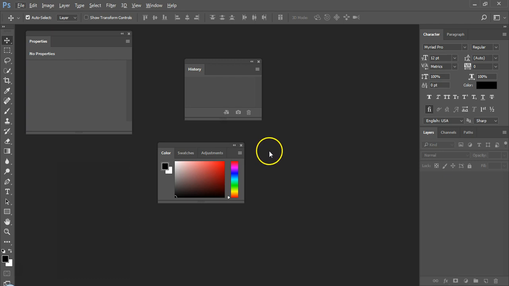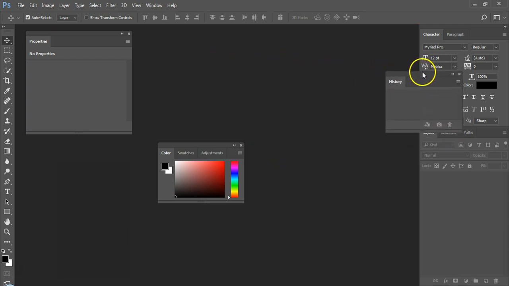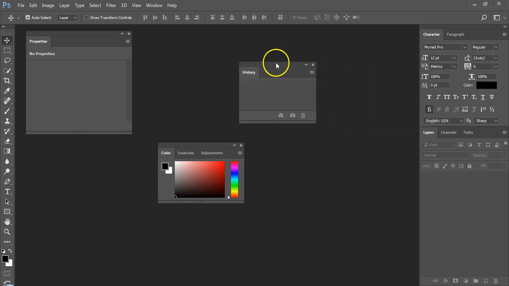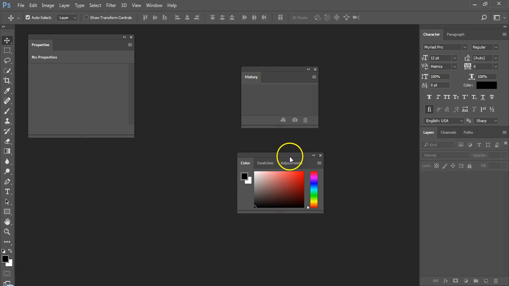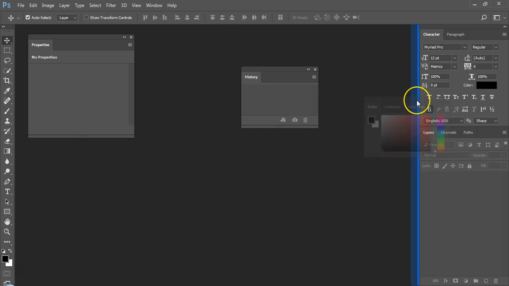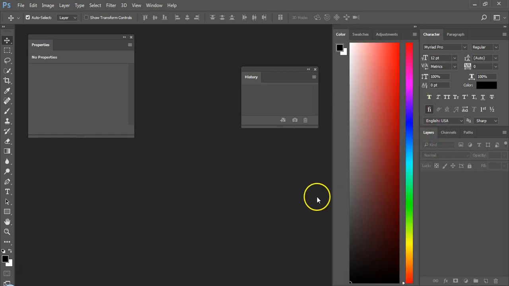By this time, you should have realized that wherever you want to dock a panel or tab group, you will see a blue line highlighting the region the panel is going to get docked if released at that moment. Now we will dock the Colors and Swatches panel to the left of these panels. You will see that the Colors panel has been docked on the left side of the Character panel and has taken a lot of space. But we don't want that.